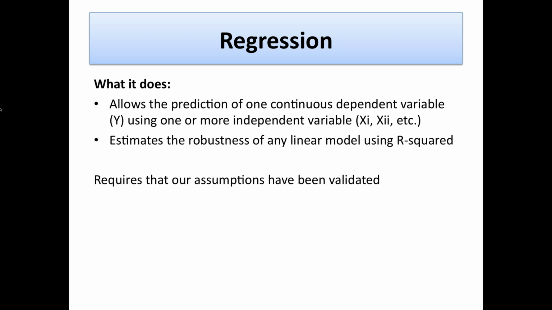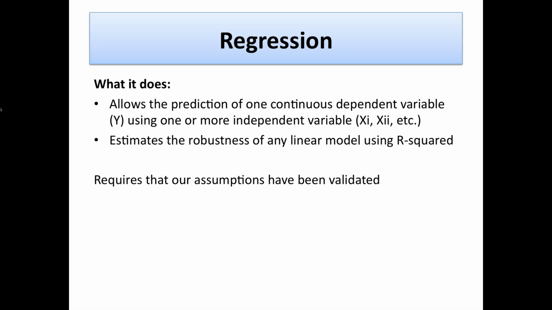Before we go on to that, just a recap of what regression actually is. Regression allows the prediction of a continuous dependent variable as a result of one or more independent variables. When we have one independent variable, we call this simple linear regression. But in this example, because we're going to use more than one independent variable, it's called multiple linear regression. Essentially, as a result of our model, we're able to estimate our R squared, which suggests the amount of variance